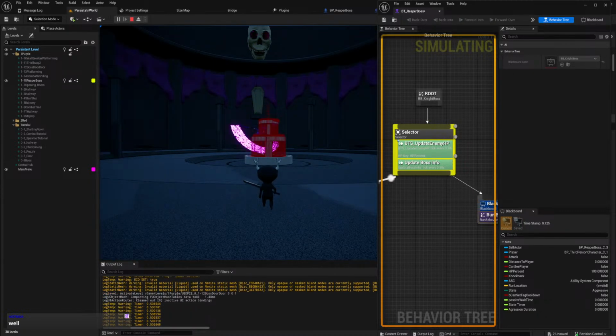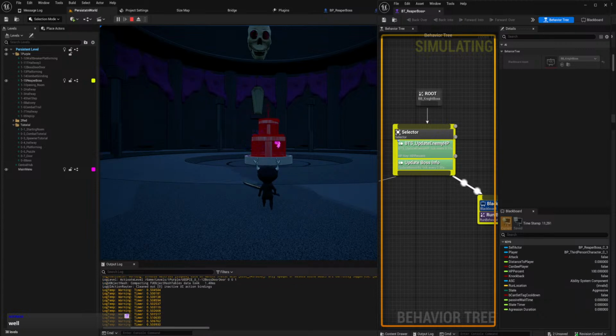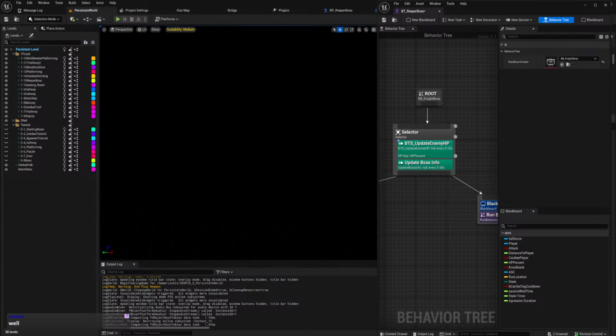That is at 100%. So why does it keep flicking between those two states? And why does it set my passive wait timer and state timer and stuff all to 0 every frame? Or every tick, rather.